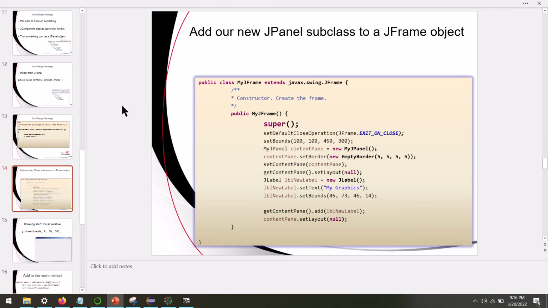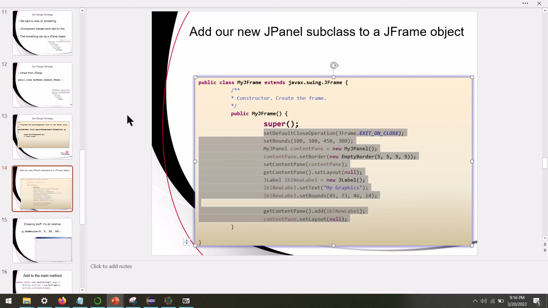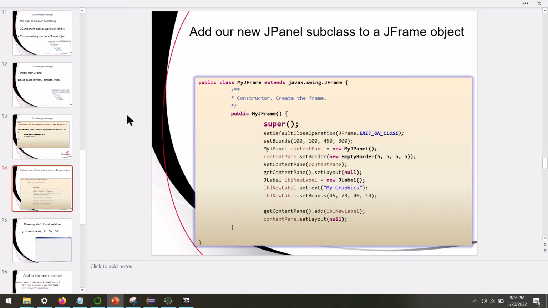But in the constructor of my JFrame, I'm immediately going to drop in an instance of my panel. So I'm doing a lot of the housekeeping work in the constructor of that my JFrame class. All of this is in the program that I gave you that we just ran a moment ago. If you go back and run it again,